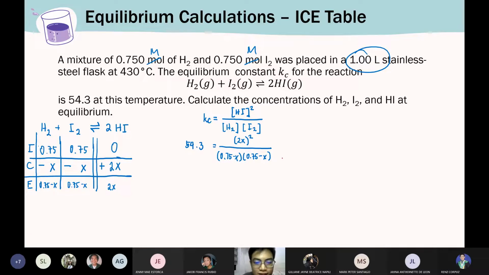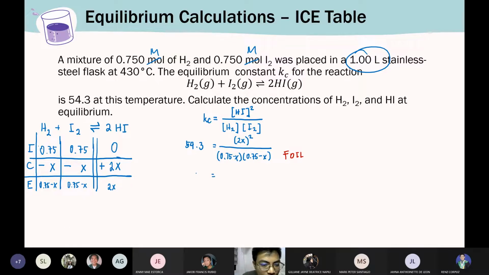Foil method. Okay? Lagyan mo ng foil. Okay? Isipin mo. Ayan. So, ano ulit meaning ng foil? First, outer, inner, last. Okay? So, multiply the first term, the outer terms, the inner terms, and then the last terms. O, diba? Kala nyo, nilubayan na kayo ng ano, no? Algebra. Hindi. Ganun talaga. Okay? So, you do the FOIL method and then